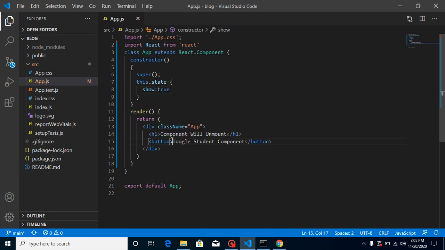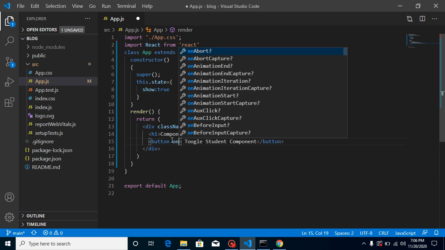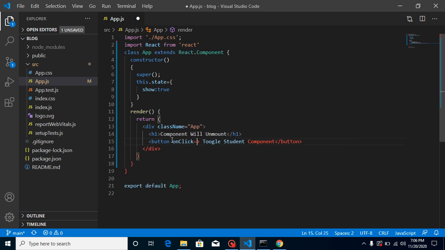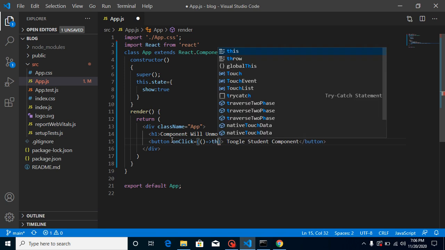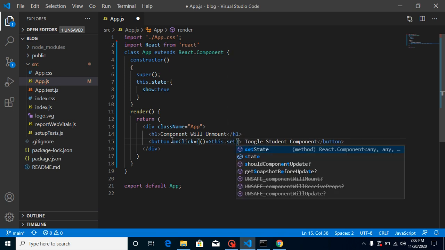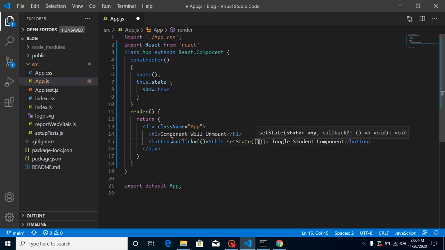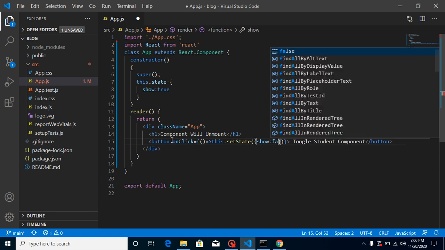So what I'm going to do on this button click is toggle this state. So use here this.setState and hide this component for a moment, right? For that let's put this state value to false.